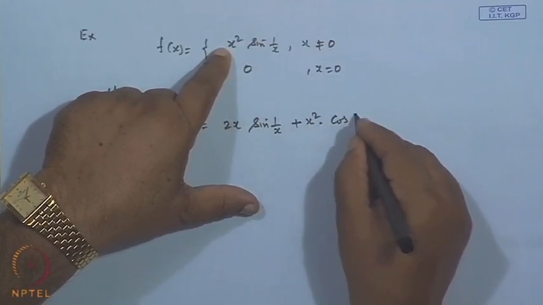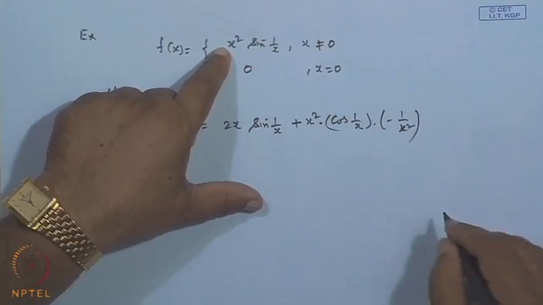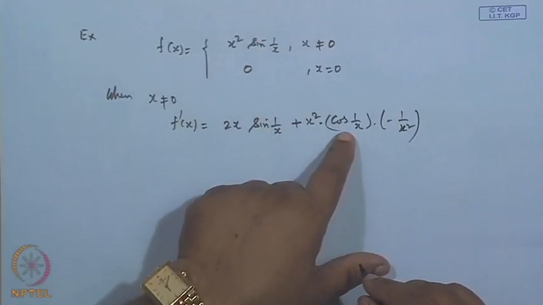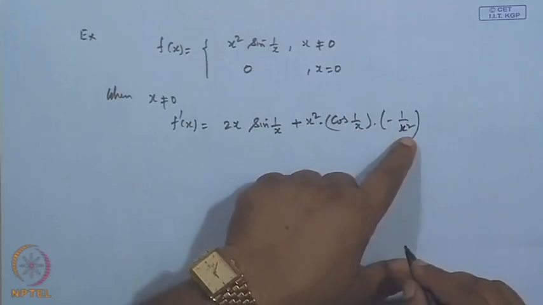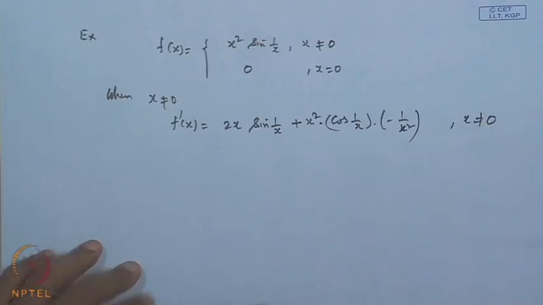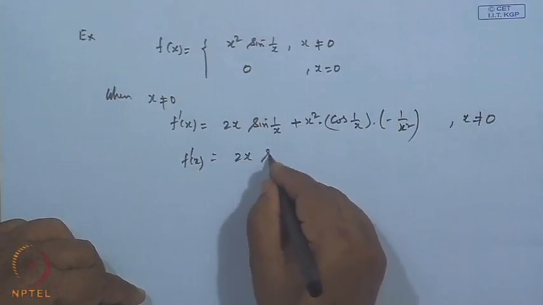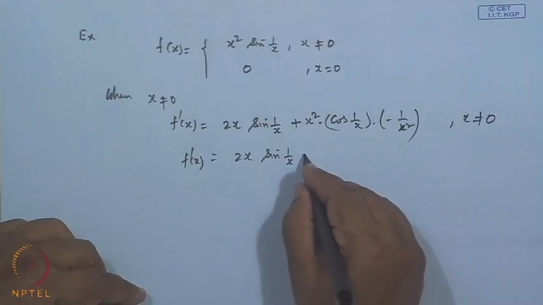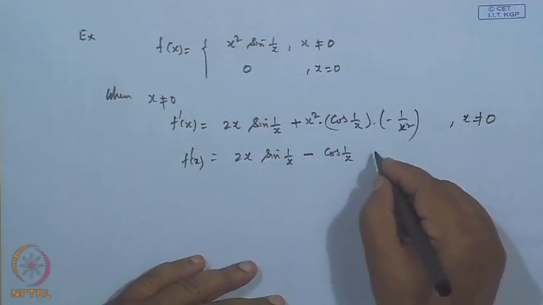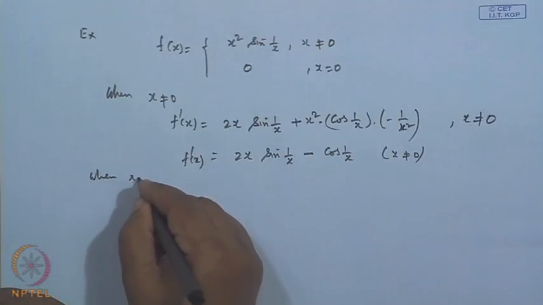and the derivative of this is cos 1 by x into minus 1 by x square, because this is a composite function. The derivative of sine of the function 1 by x is cos 1 by x, but the derivative of 1 by x is minus 1 by x square. So it is a composite function. So this holds when x is not equal to 0, that is, the derivative of the function comes out to be 2x sin 1 by x minus cos of 1 by x for x different from 0. Okay. But when x is 0,